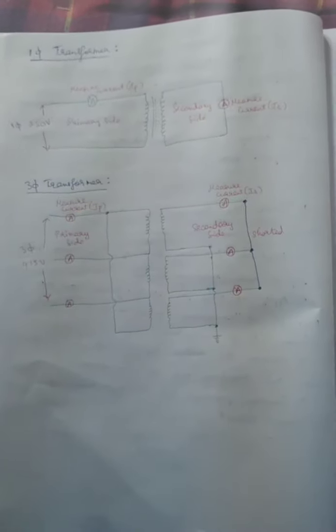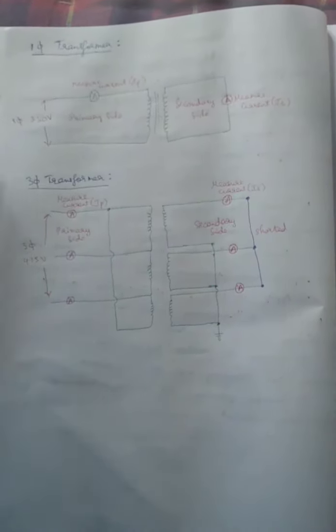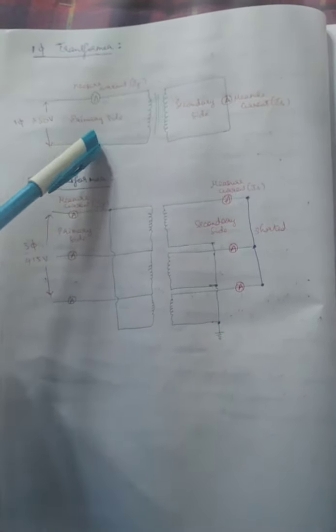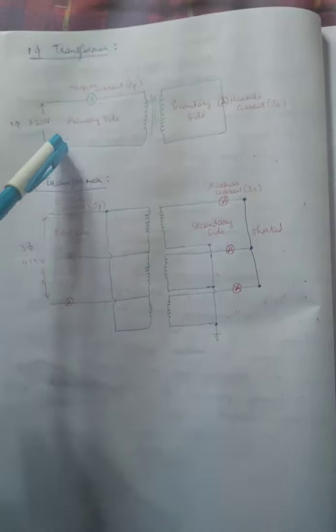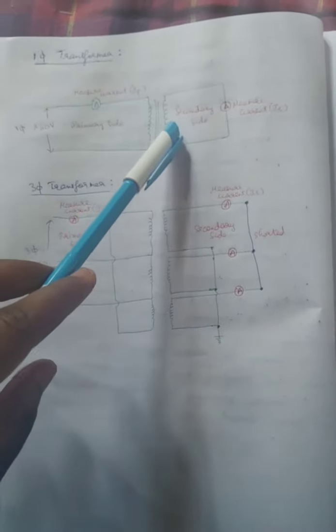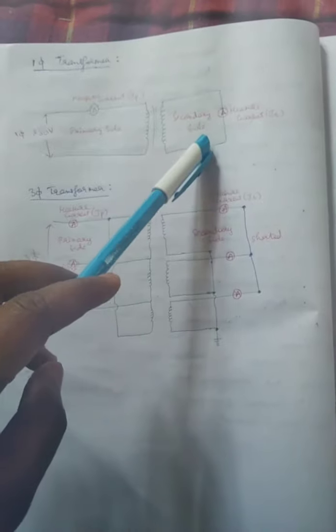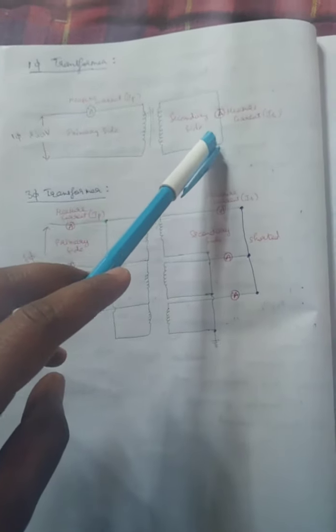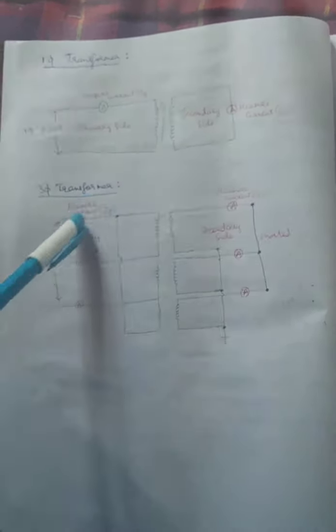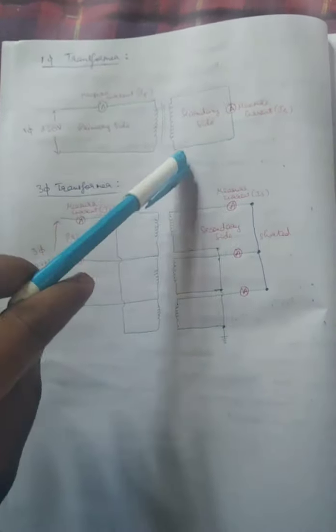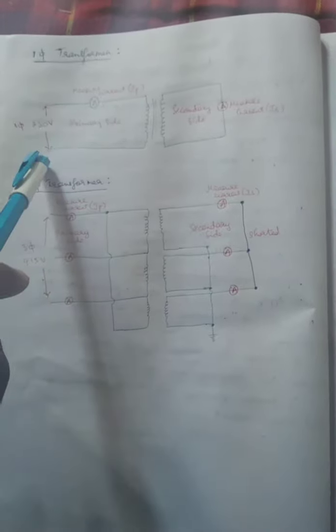So this is the connection diagram for a single-phase and 3-phase transformer. You can easily understand that on the primary side we are injecting 230 volts and measuring the current. The secondary side is shorted by a cable or welding cable or anything, and we measure the current. For a single phase, we measure the current on the primary and secondary side, and we need to calculate it with the formula.